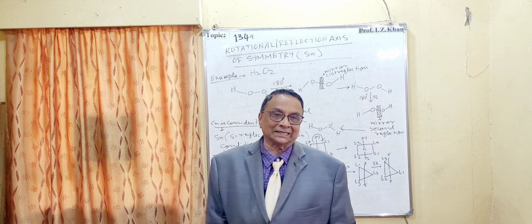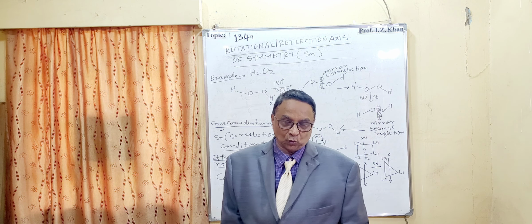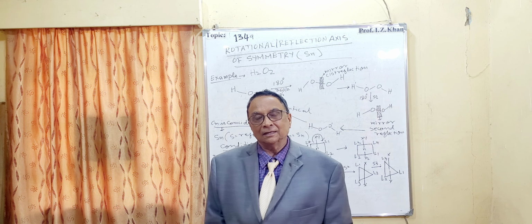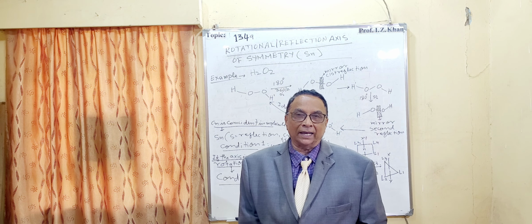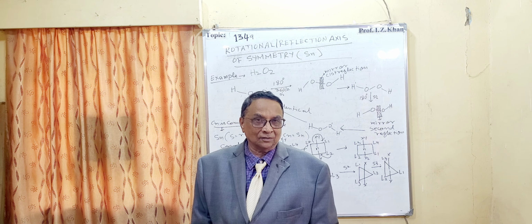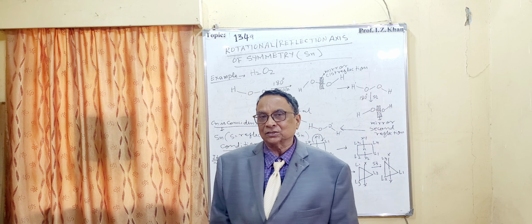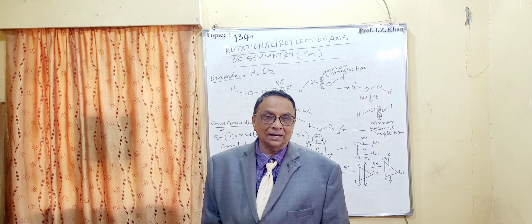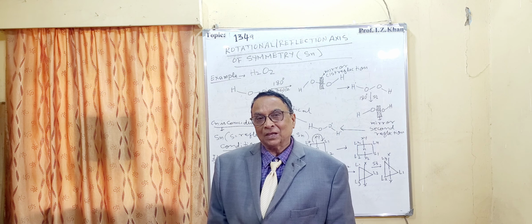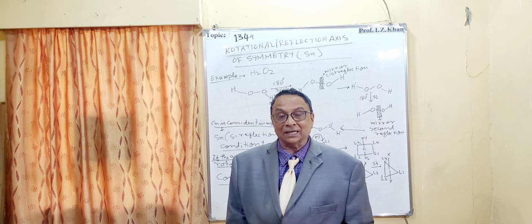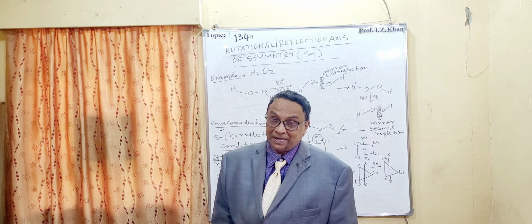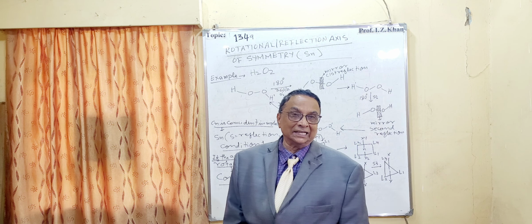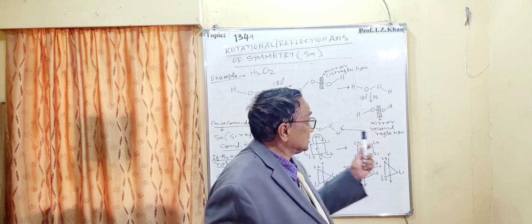And here I am taking the example of H2O2. This also shows Sn, where the order number is 2, and 360 degrees is divided by 2 again, and its rotational axis angle is also 180 degrees. But at the same time, here we have to see its reflection, the mirror image, and after that we have to see whether it is identical or not in its 3D image.